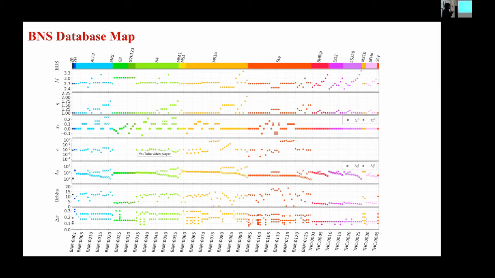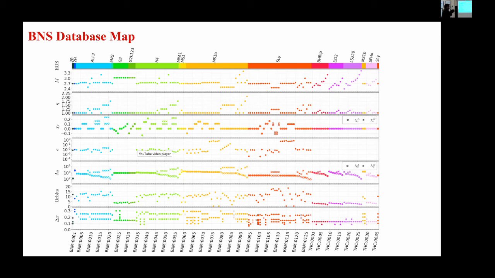Then in this panel, we see the simulations where the total masses have been varied. Then we have different mass ratio systems, then the individual spins of the neutron stars, then the orbital eccentricity in the binary system. This is the quadrupolar tidal deformability of the neutron star, and then how many orbits we simulate, and finally the resolution that we employ to resolve the individual neutron stars.